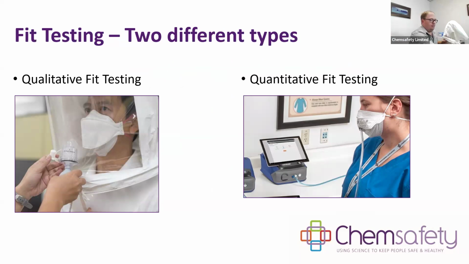So qualitative fit testing involves getting the person to wear this lovely hood and spraying in a bitter or sweet tasting compound, getting them to do a series of movements, head movements, talking and breathing and body movement exercises to determine whether or not they can taste the agent. It takes just under 10 minutes of testing by the time you go through the whole process, so it's quite long. And if they can taste it, then the test fails and we need to find a different type